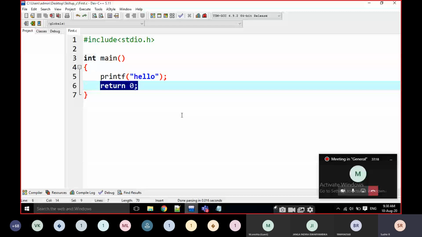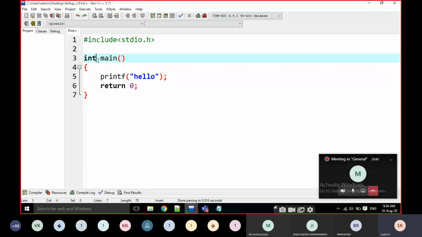There is a simple reason. In the CoCubes examination or any programming platforms, they use int main and return 0. This is the basic syntax of the main function. That's why I am also taking int main, and you should also go for int main and return 0. With void, we can delete this line, and there is no problem here.